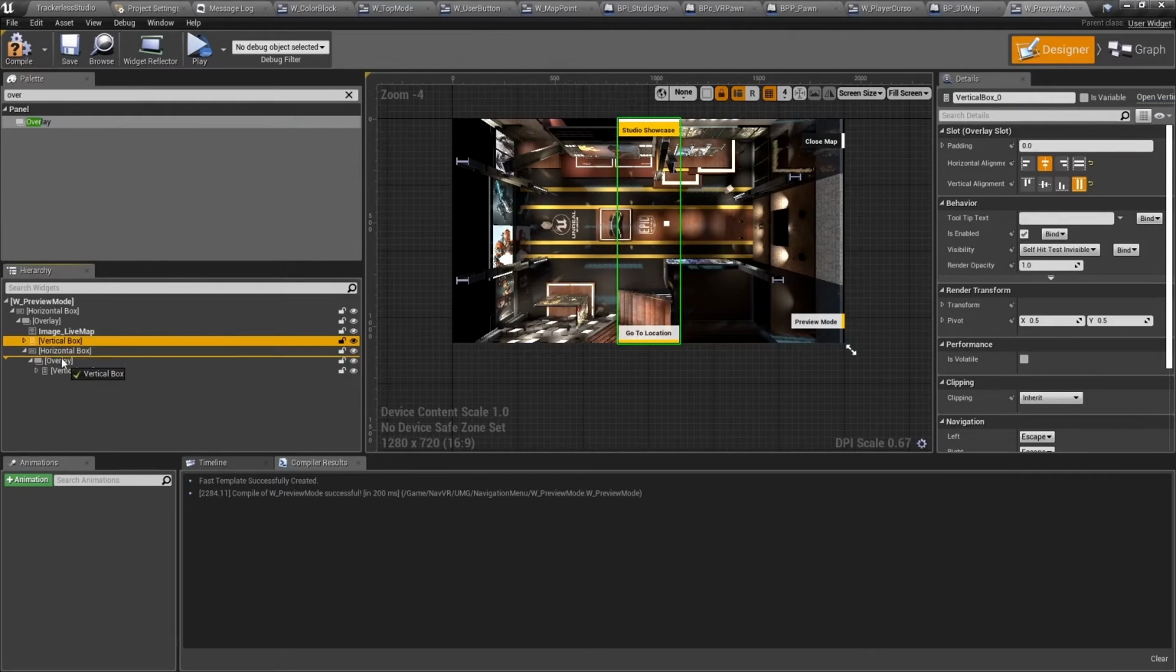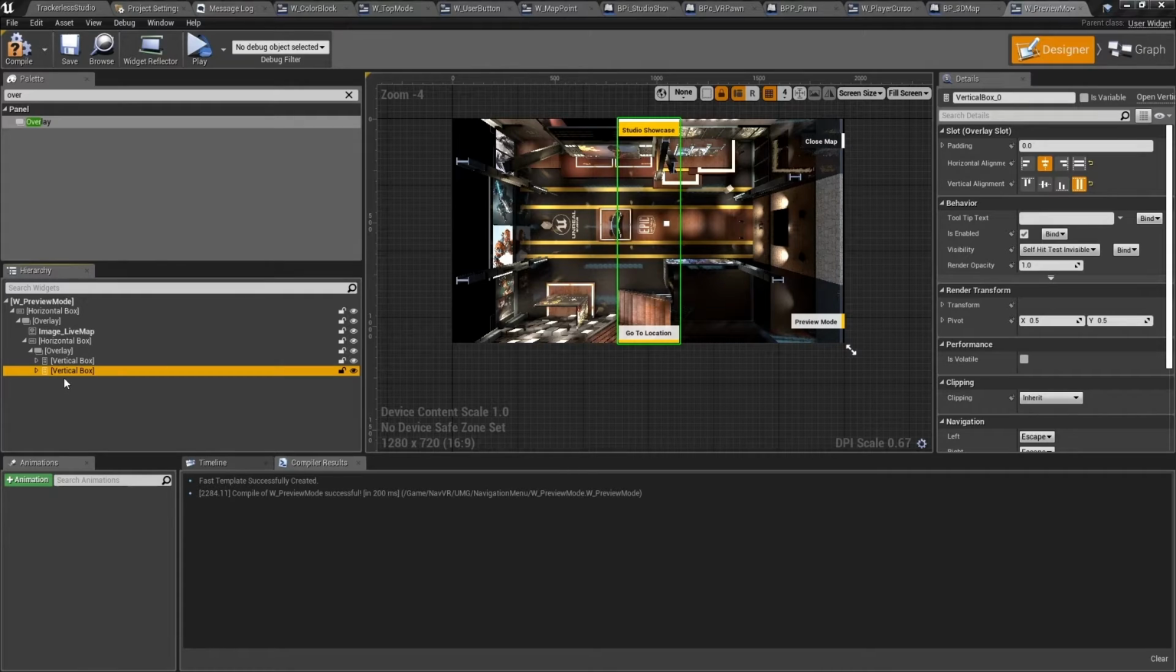We need to make a horizontal box that will hold our two buttons that will allow us to cycle through the different teleport points of interest. Wrap our two current vertical bars holding buttons into a new overlay panel. Add a new horizontal box to the overlay, center it vertically, and add 70 or so to the left and